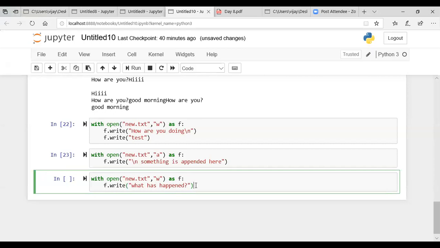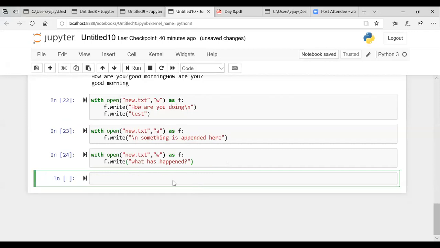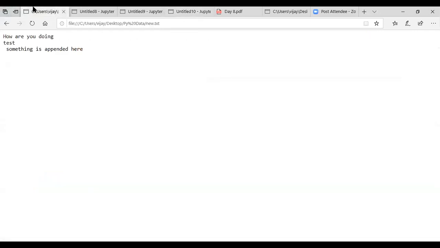Now when you run this code and check the output of that file, previously this was the output of new.txt. But when I refresh, you can see that what has happened has appeared.